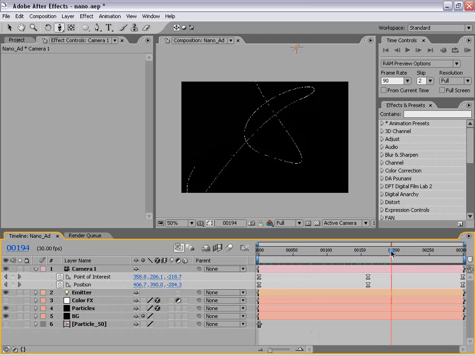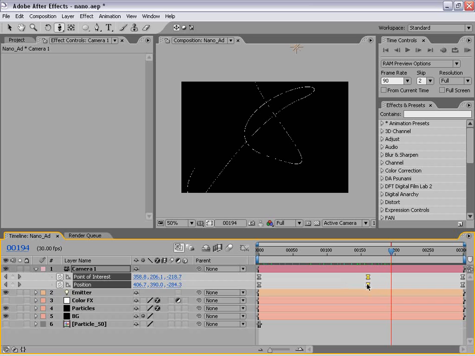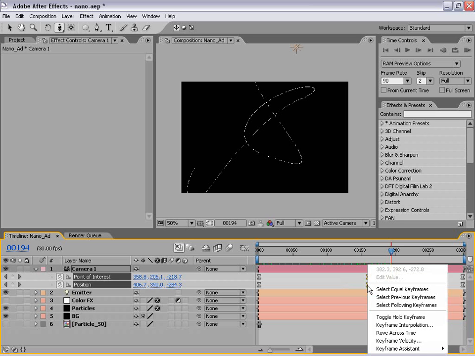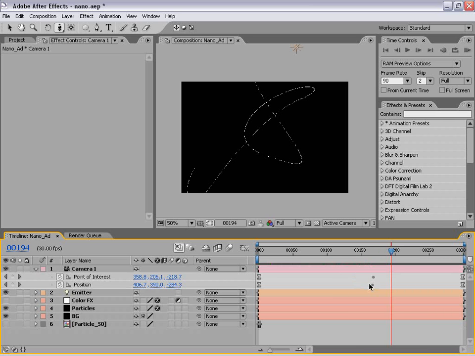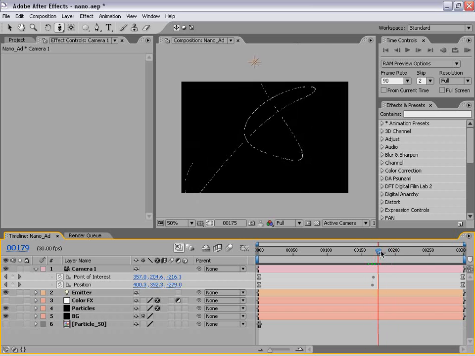curves. And then I'm going to select these 2 keyframes in the middle and right click and choose Rove Across Time. And what that's going to do is basically position them in the center of the animation so that it's smooth when it gets to them and it doesn't slow down. Sometimes if you have Bezier curves, it can slow down as it goes into the turn and then speed up as it goes out of it. So if we set them as Rove keyframes, they automatically position themselves to not annoy you, which is always a